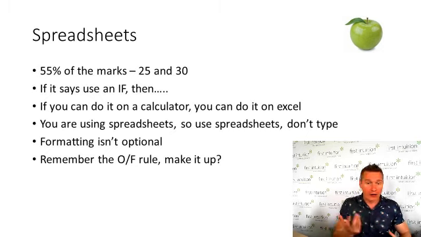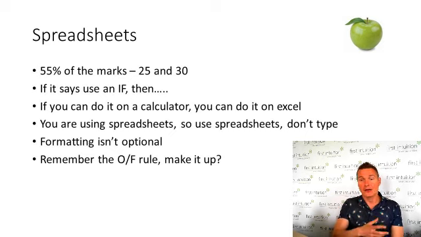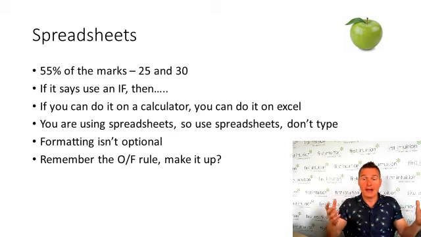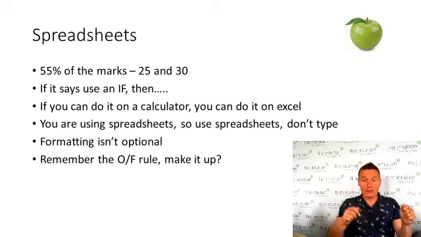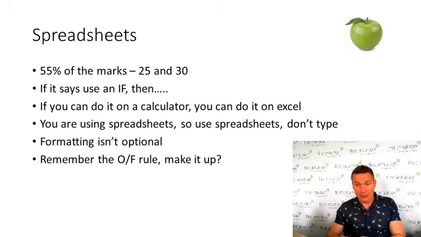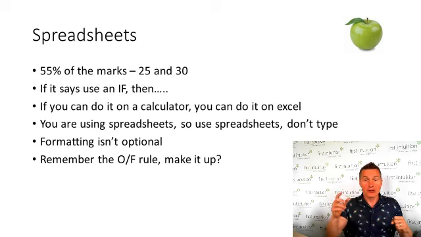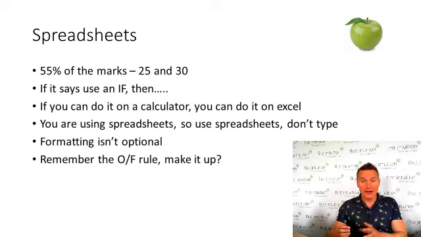So the whole point of spreadsheets is they save time. They are constantly updated, and now you change one figure and all the other figures flow on from it. So say you get an ETB, you've got an adjustments column, you've got the initial TB, don't add them up on your calculator and type them in, because where's the fun in that? You're meant to be using spreadsheets, so use formulas in spreadsheets to add numbers together. Typing in answers is just making the whole spreadsheet pointless. So remember, what you're doing, you are using spreadsheets.